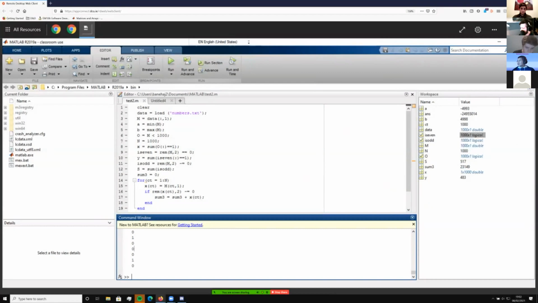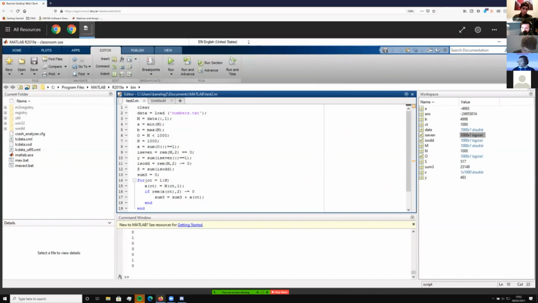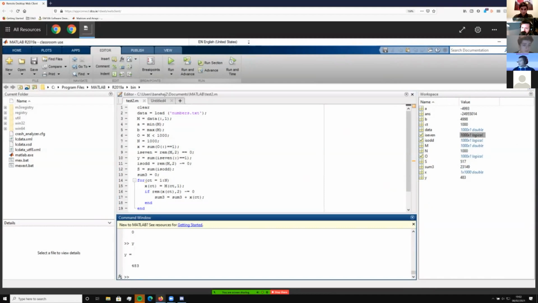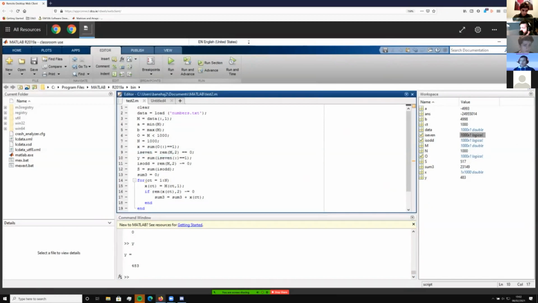The last bit of code here, this for loop later on, uses something similar to that. So y is equal to sum is even. Sum is just the summation. It's adding up all the terms and returning an integer value. The colon in Matlab is used to define the entire section of that array, so all elements. Sum is even equal to 1. Anyone want to hazard a guess as to what y is doing in this code?